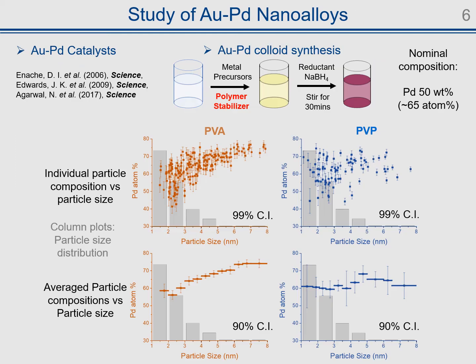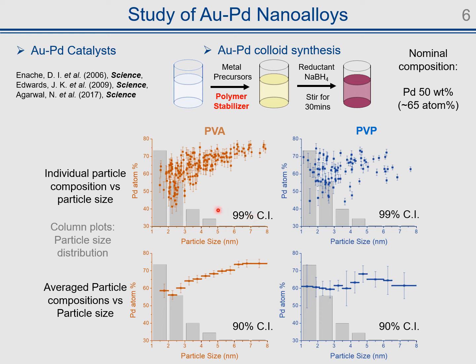Here is a summary of gold-palladium nanoalloys studied using this correlative EM approach. These two samples were prepared with slightly different colloidal methods, and the only difference between the two was the different polymer stabilizers they use. Due to a higher analysis efficiency now, about 100 to 200 particles can be studied in each case within a few hours session. And this number is already close to what is usually needed for getting a good particle size